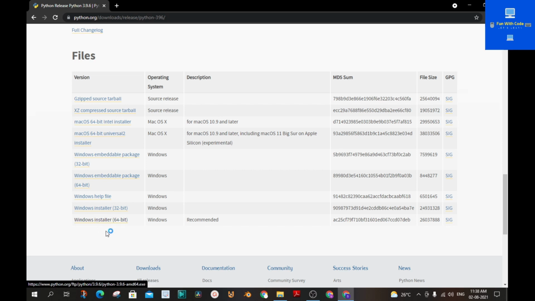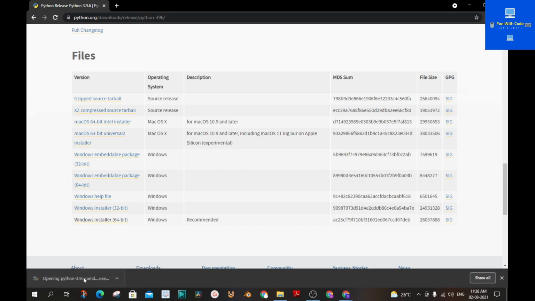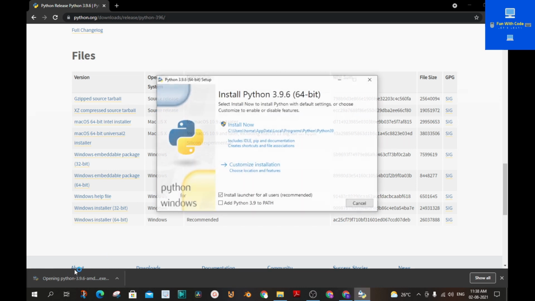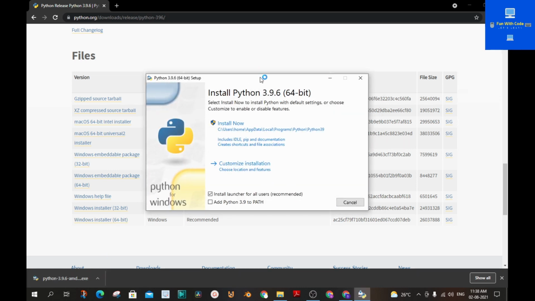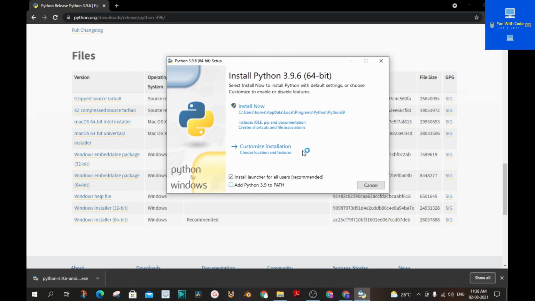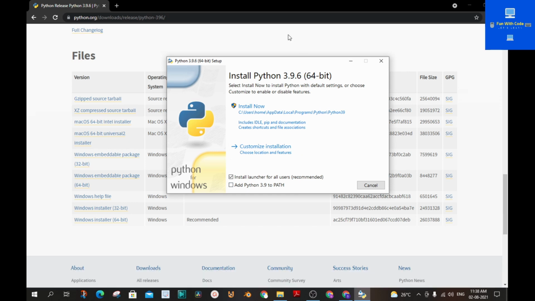If you click that link, it will run the Python executable for you. Make sure that this option is checked, and you can install.